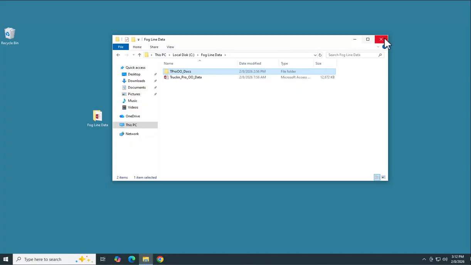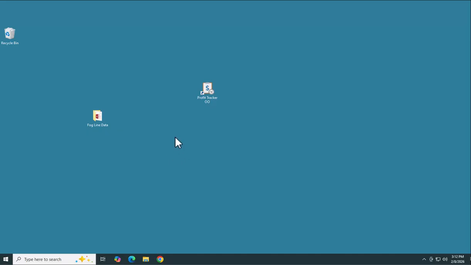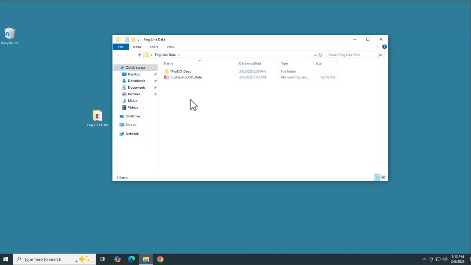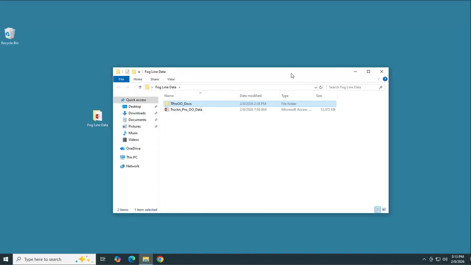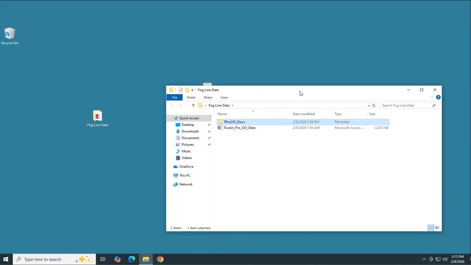And also, if this is a new computer and you do not have the old Truckin' Pro installed on there, but you do have a backup copy of your data files, maybe on a flash drive or whatever, I'm just putting one on the desktop right here, just demonstrating that. So if you have a copy of these data files, wherever you have them, the only two files we need are these two right here: Truckin' Pro 00 and the documents folder that holds all of your scanned documents. So wherever this Fogline Data is, have it open,